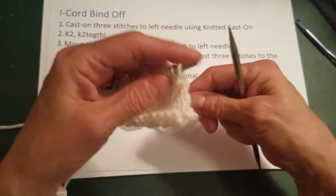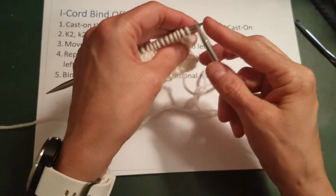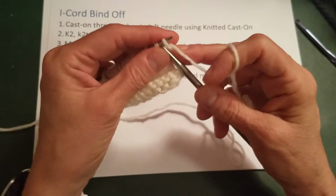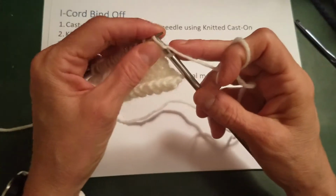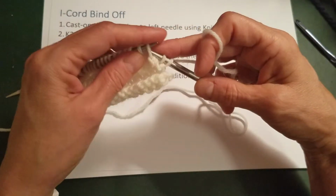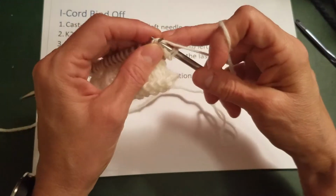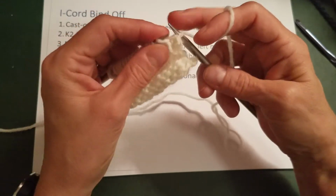Okay? Now I'm going to repeat rows 2 and 3 until I have 3 stitches left on my needle. So I'm going to knit 1, knit 2, knit 2 through the back loop. And you'll notice there's a gap here that I'm bridging. What I'm doing is I'm adding one of the recent stitches to my original stitches, and I am knitting them together through the back loop. And then I move the 3 stitches back to my left needle,